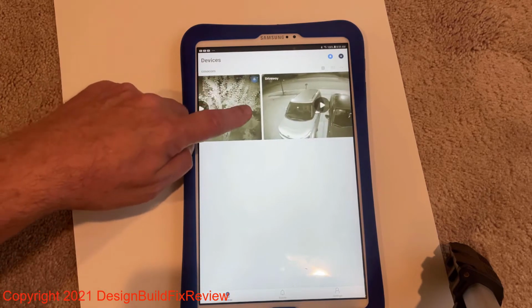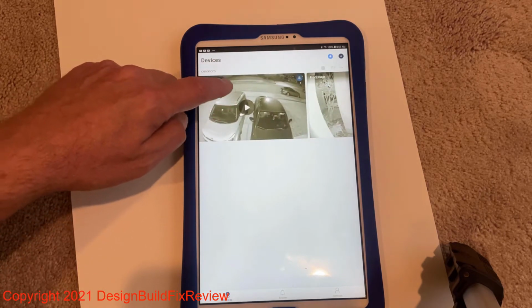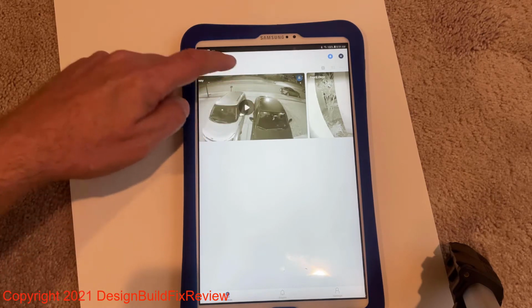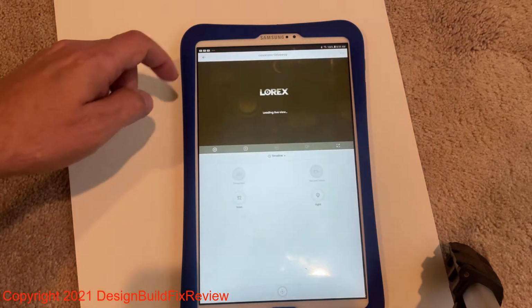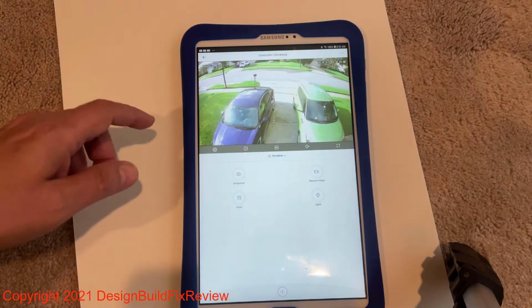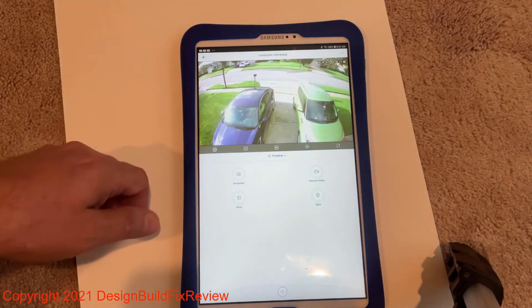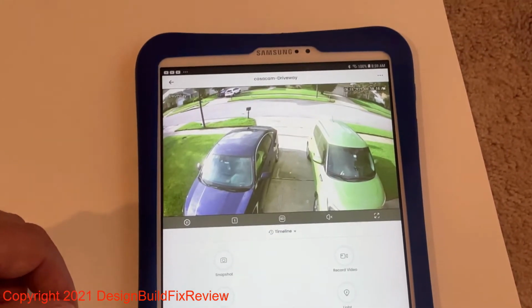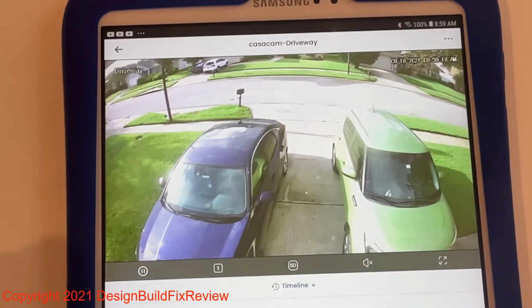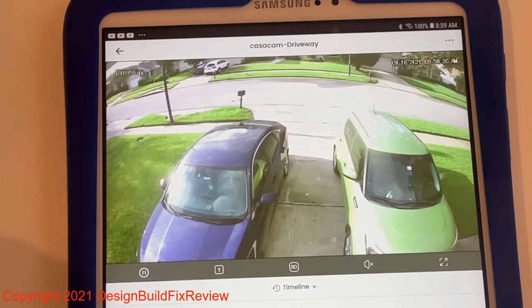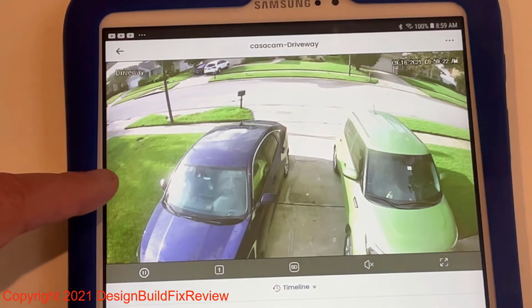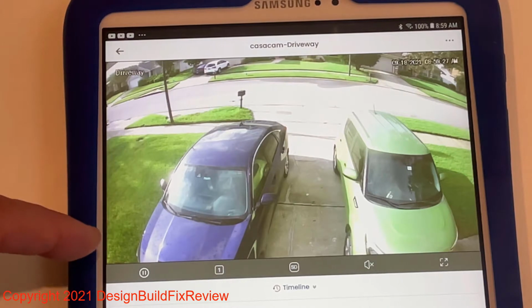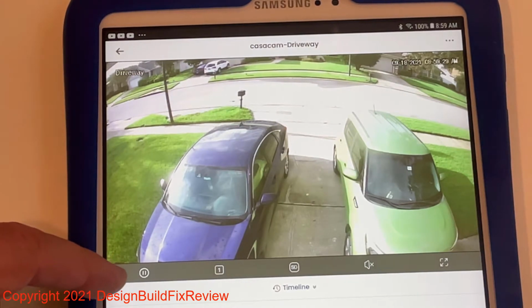And let's say you wanted to see your front camera in the yard. Very easy. This is real-time video right now. The resolution may not look as good on this because I'm doing it off my tablet like this, but you can see that you can really get the resolution going here, and